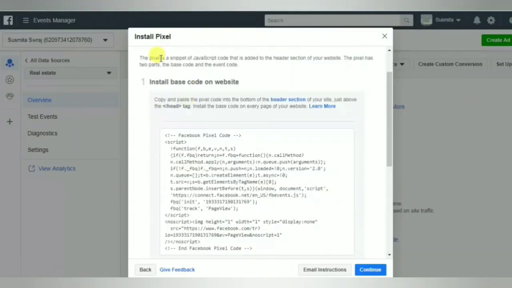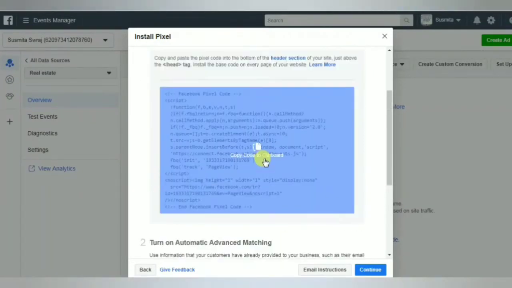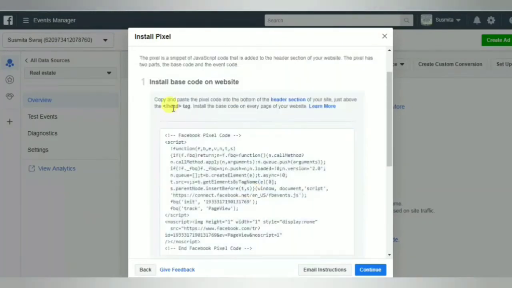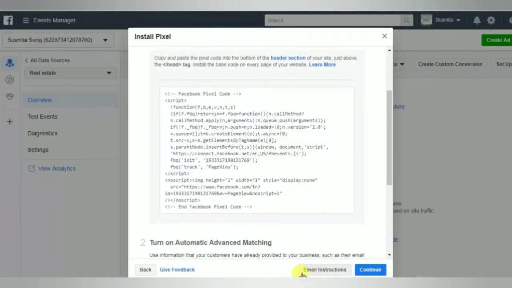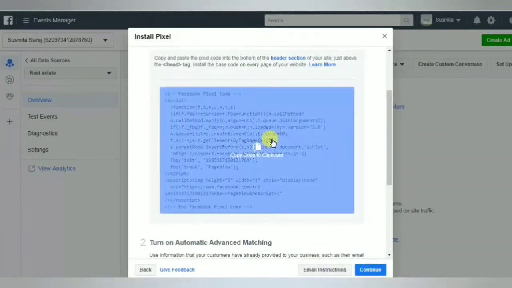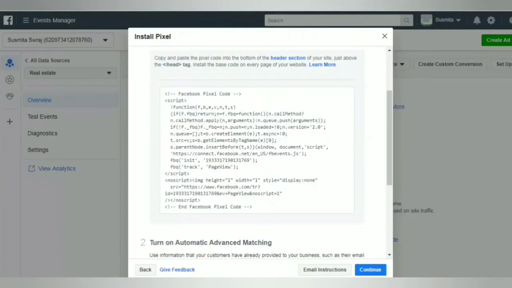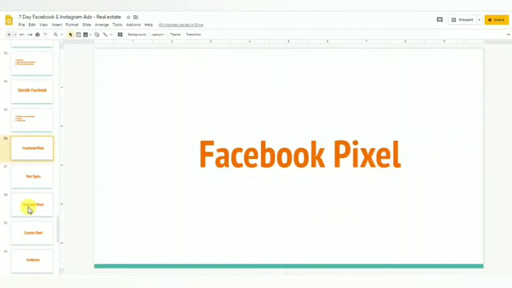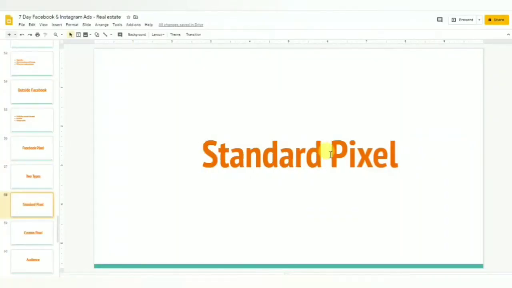Or another method is that you can tell your website developer to paste this code on your website just above the header tag, as you can see, or just email instructions to your website developer and he will do it for you. This is how you can set up your standard pixel, right? For the custom pixel, you have to set it up too, but you need some activity right now.